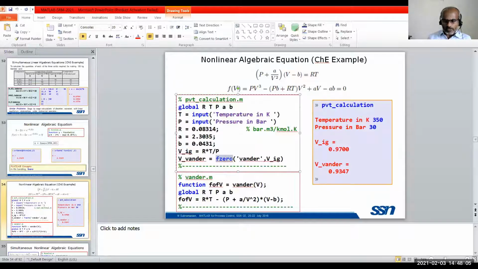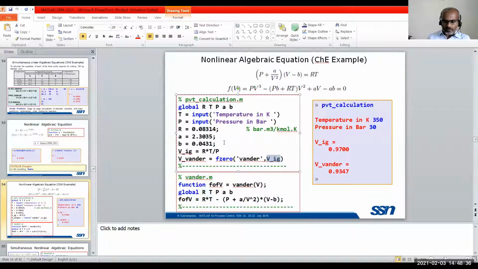The nonlinear equation solver fsolve will take this function file. In addition, it is also asking for the initial guess value. For solving this van der Waals equation, you can give the ideal gas volume as the initial guess, which is a good starting point. Instead of giving some 0 or 1, we can give some value as the initial guess.